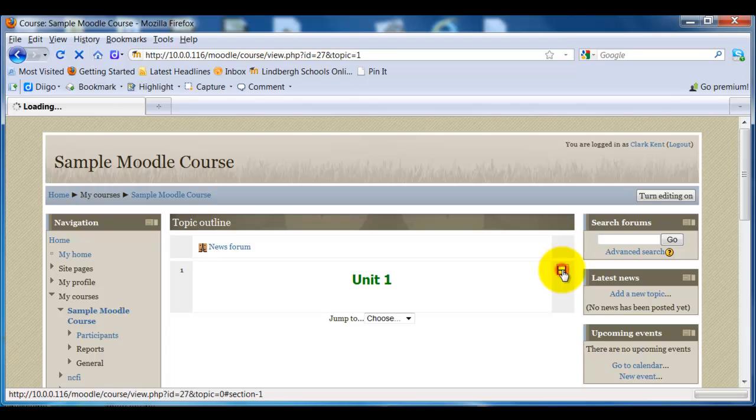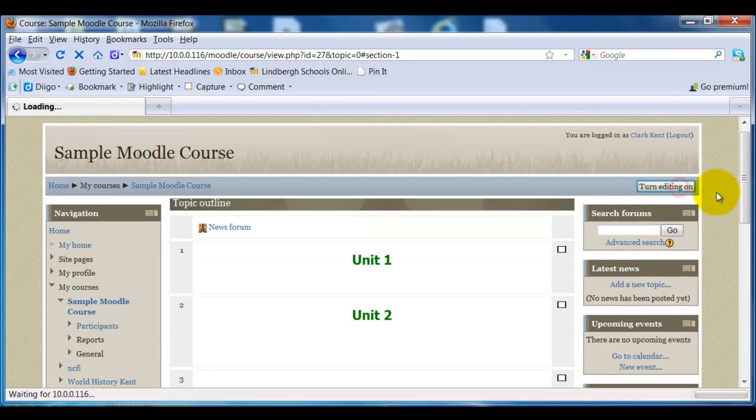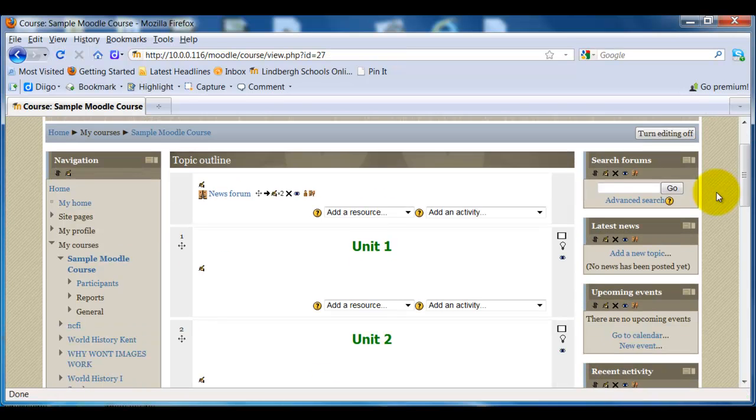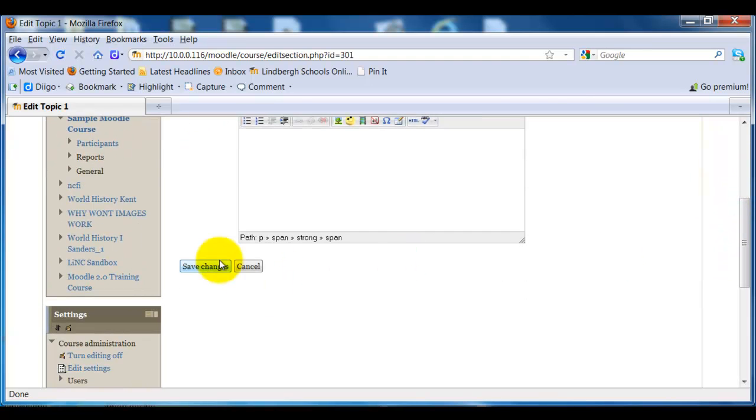I'm going to go ahead and uncollapse this and show you something else real quick. One last part to this. I'm going to go ahead and turn editing on. Now, the advantage to using this is you get a colorful, more dynamic way to name your topic. The disadvantage is this. I'm going to go ahead and edit this. If I come in here and delete this, and just use that basic section name, and I come down to the bottom and save changes,